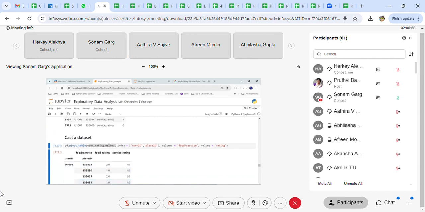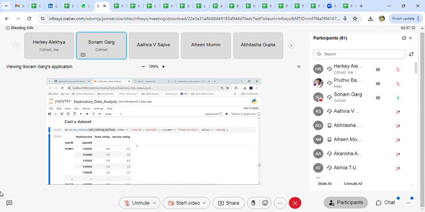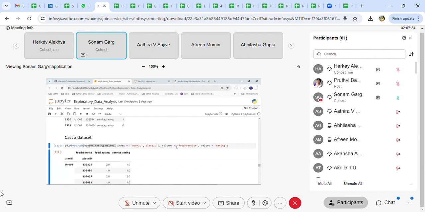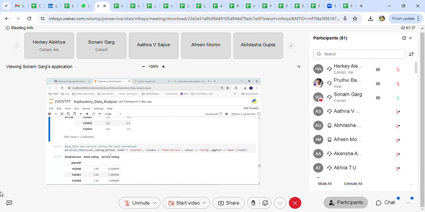pivot table. So we have two functions, crosstab and pivot table, to find the frequency of occurrence of any category or any quantitative attribute also. If you want to find that, it can be done using the pivot table or the crosstab function. So here we are using pivot table on the melted data set, provide the index, columns which have to be used in cast, and the values. So it will find the frequency. We are doing it on the melted data set. If you do it on the original data set,